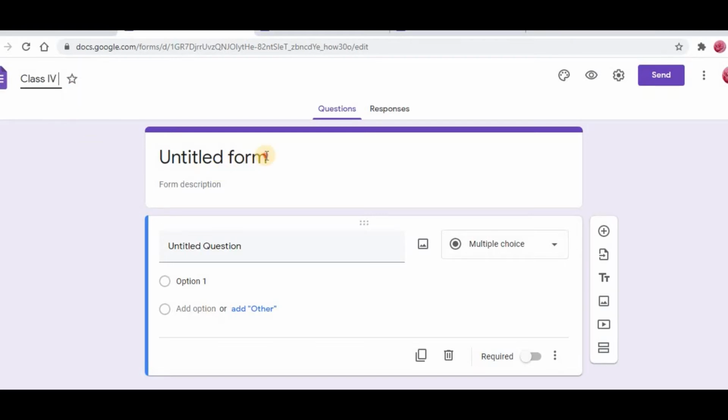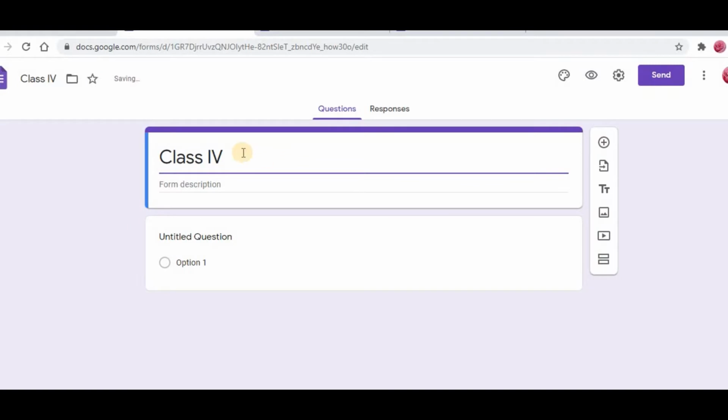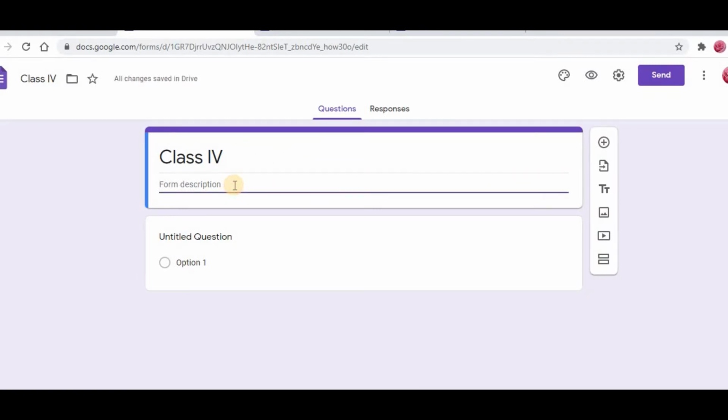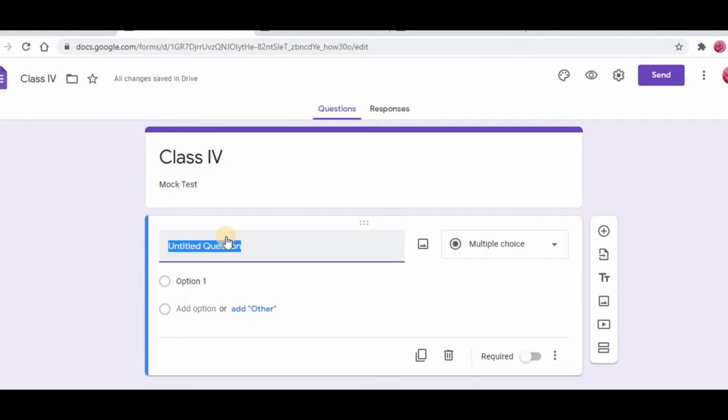For class 4, the same thing I'm giving here also. Automatically, if you touch this, it will come here. So here I'm typing mock test, and this is your heading.